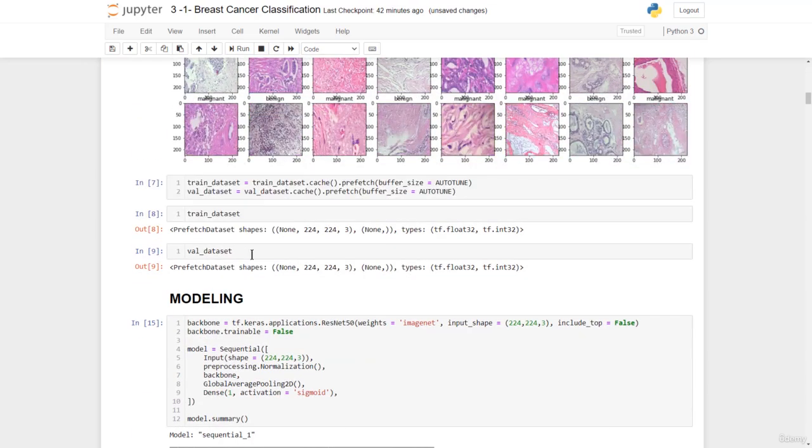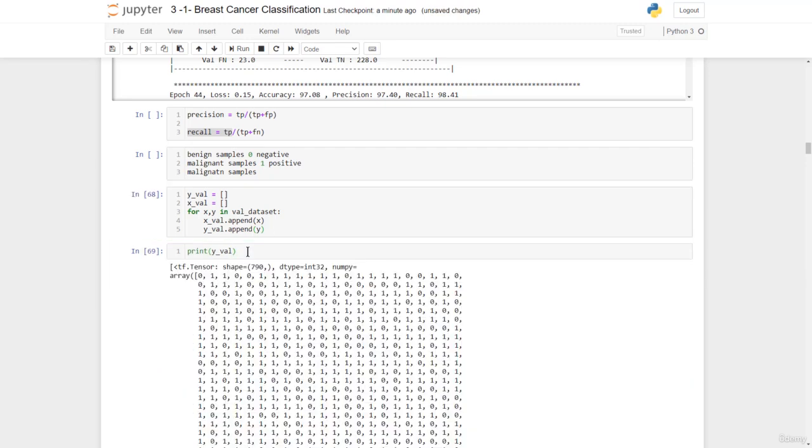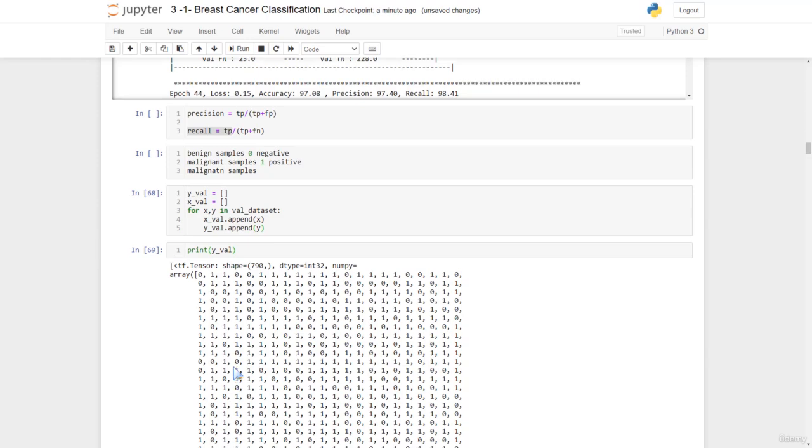After obtaining these results, we have the validation set right here, which we could call again. Now let's prepare the validation data such that we could plot the ROC curve. So right here we go to the validation data set, and then in this xval and yval lists we put in the x and the y values. So we run this, and then if you print out yval, for example, you see there's this list made of this